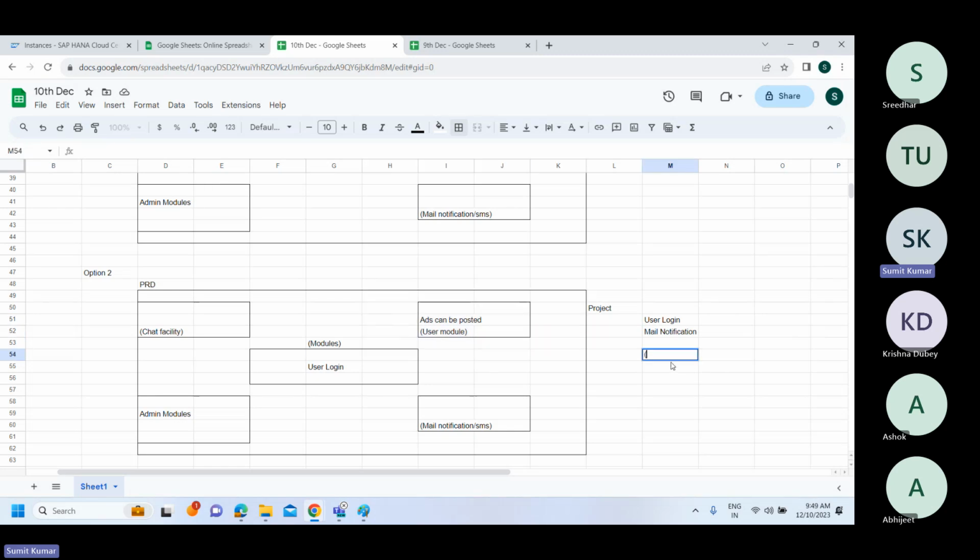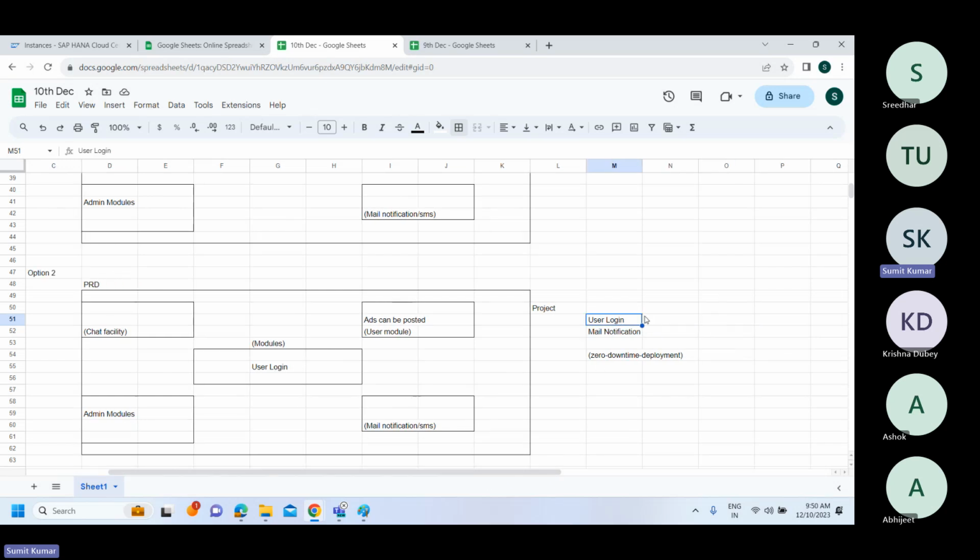So called almost zero downtime deployment. You can think of it as zero downtime deployment, so that your application will not be down at any point in time. Why? Because even if you are saying user login is getting changed, it means someone who is logging in at that point in time might also be impacted. But BTP has got the capability saying the moment your user is being logged in,